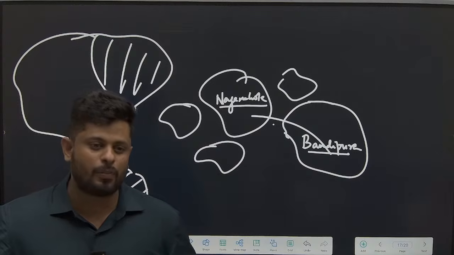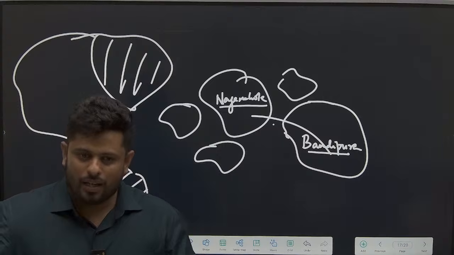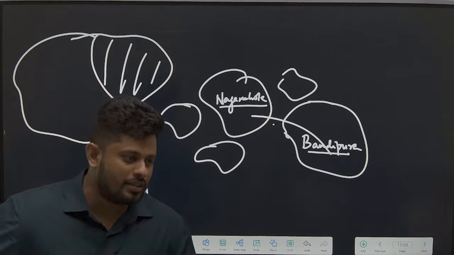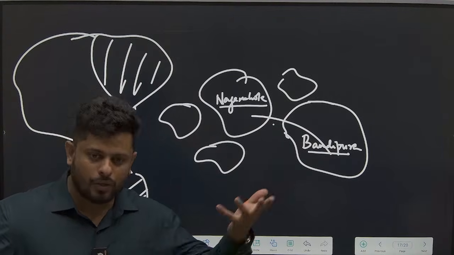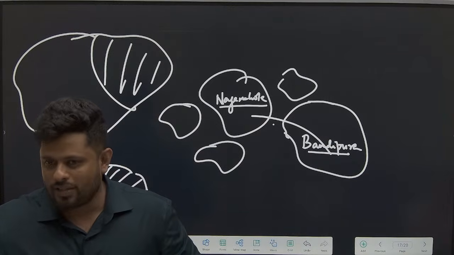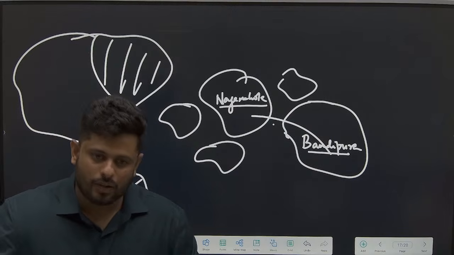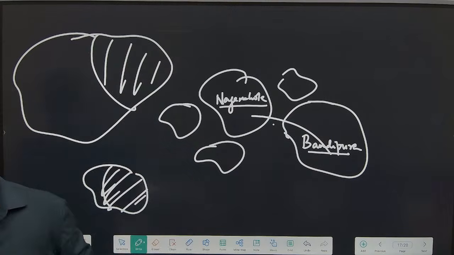So you will have to be very intelligent. It's not possible sometimes to remember all this data, but in the exam you have to definitely take an intelligent guess. In terms of geographical area this is large, and if it is a Malnad region, it will surely have a very high proportion of forest area. Are you understanding? That's the case with Vijayapura, that's the case with Uttara Kannada district. But as a percentage of its geographical area, which district has the highest?